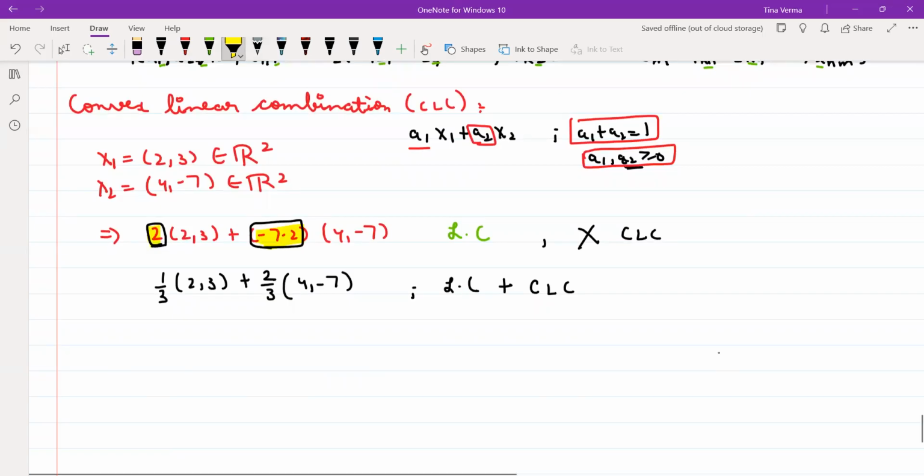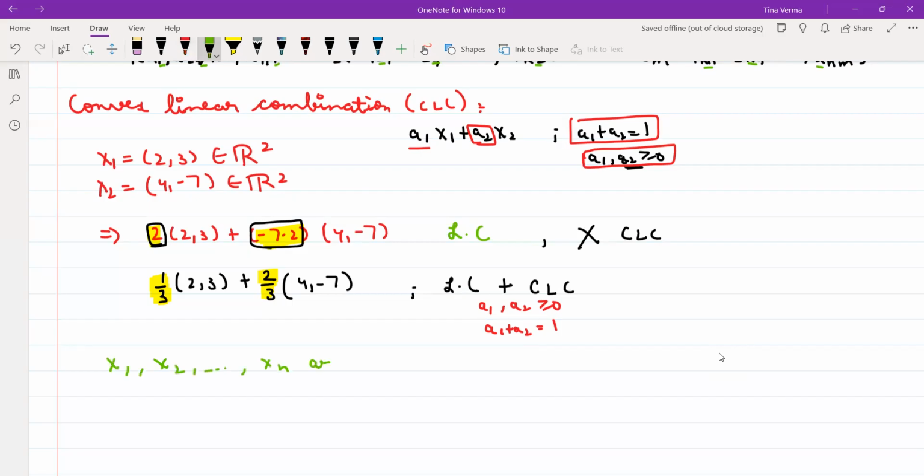On the other hand, if I am taking a1 as 1 by 3 and a2 as 2 by 3, now one condition is satisfied, that my a1 and a2 both are greater than or equal to 0. And the second condition should also be true, that a1 plus a2 should be 1. You can verify that a1 is 1 by 3 and a2 is 2 by 3, so if you sum these up, the answer will be 1. It is only about two numbers. The same way, if I am taking x1, x2,